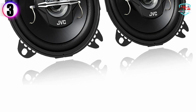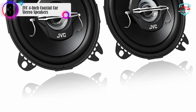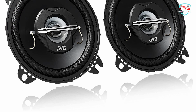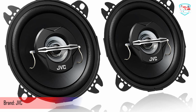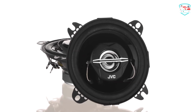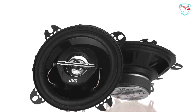In our list, the number 3 product is the JVC 4-inch Coaxial Car Stereo Speakers. The JVC CSJ420X Coaxial Car Speakers deliver clear and powerful audio with a well-balanced sound profile. Designed for those who want to enhance their in-car listening experience, these speakers provide a dynamic stereo output that brings